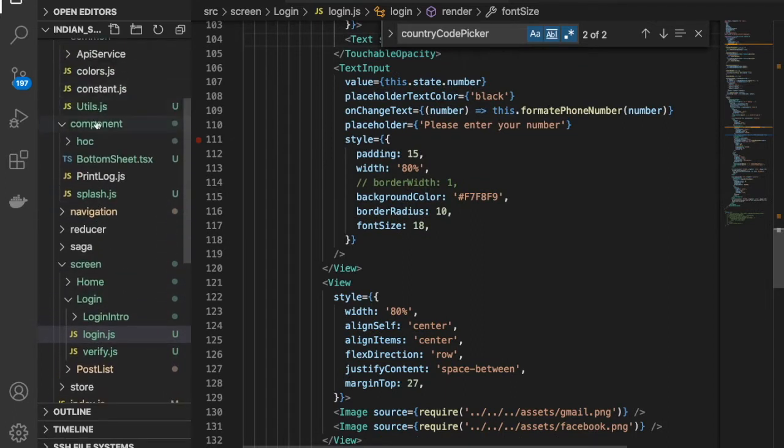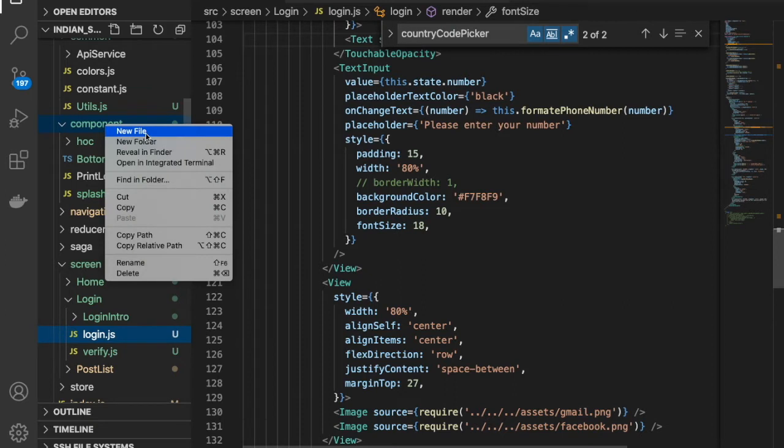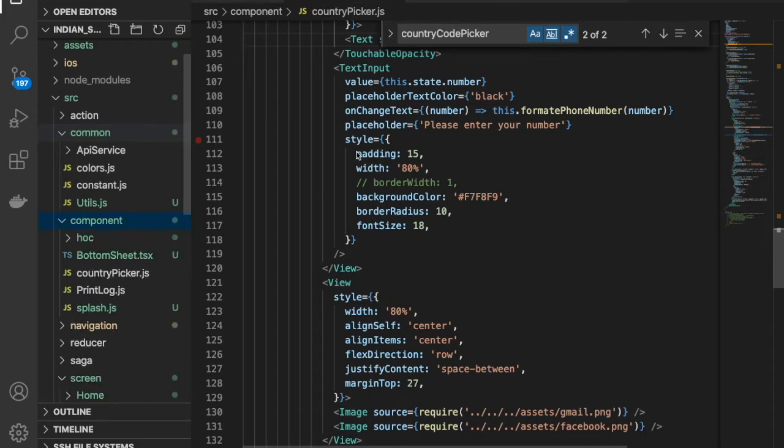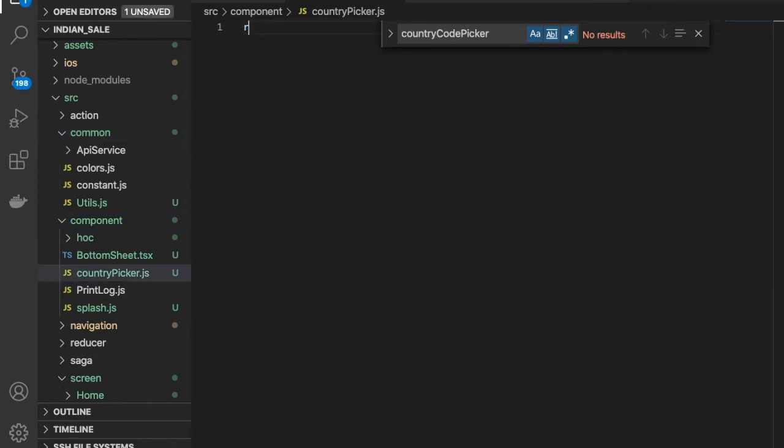So where is the component section? This is the component. In this we are making a component called, let's say, country code country picker.js, a function component.